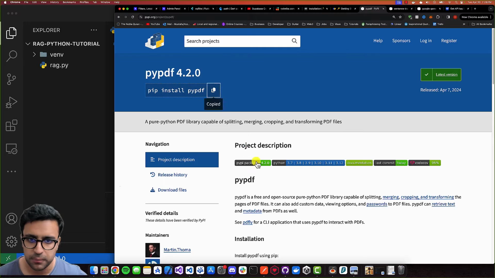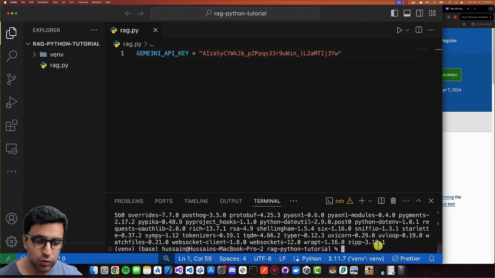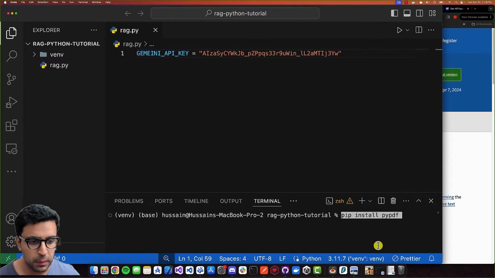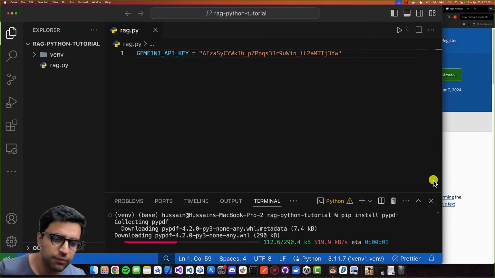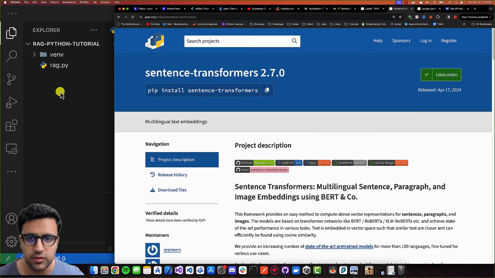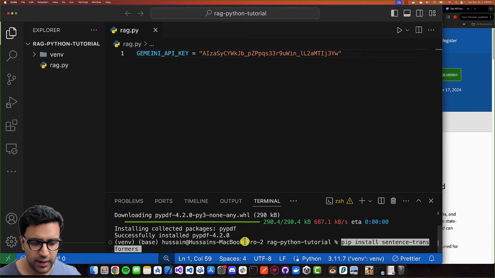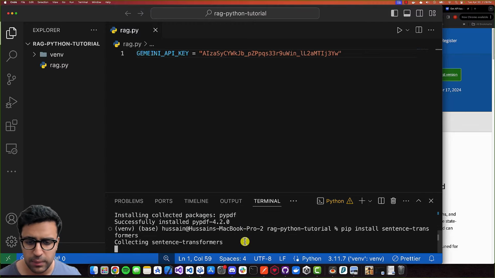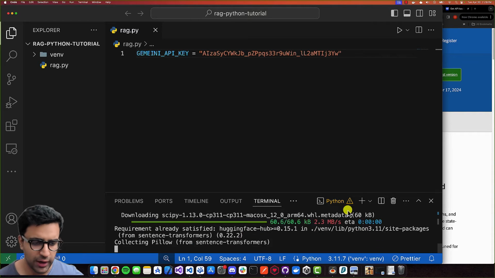So let's copy this. Now that Chroma DB has been installed successfully, the next thing I can do is pip install PyPDF. And while PyPDF is installing, we can move on to our next dependency, which is sentence transformers. Sentence transformers is basically a package that is going to allow us to generate embeddings from actual textual content that we pass it. So this is going to be another important part of our application. So let's copy this command, and let's come back, make sure that the last command for PyPDF finished, and then we can start installing sentence